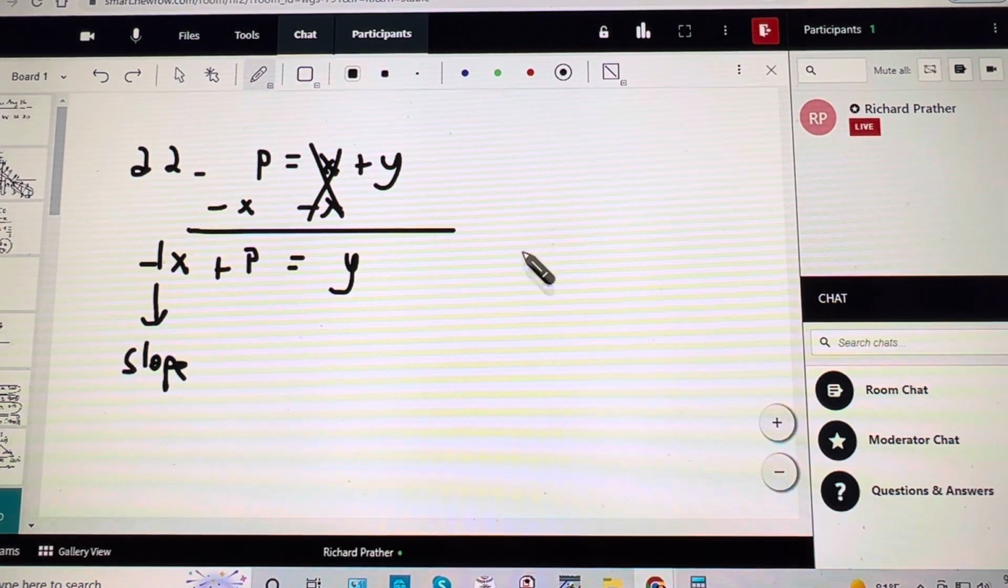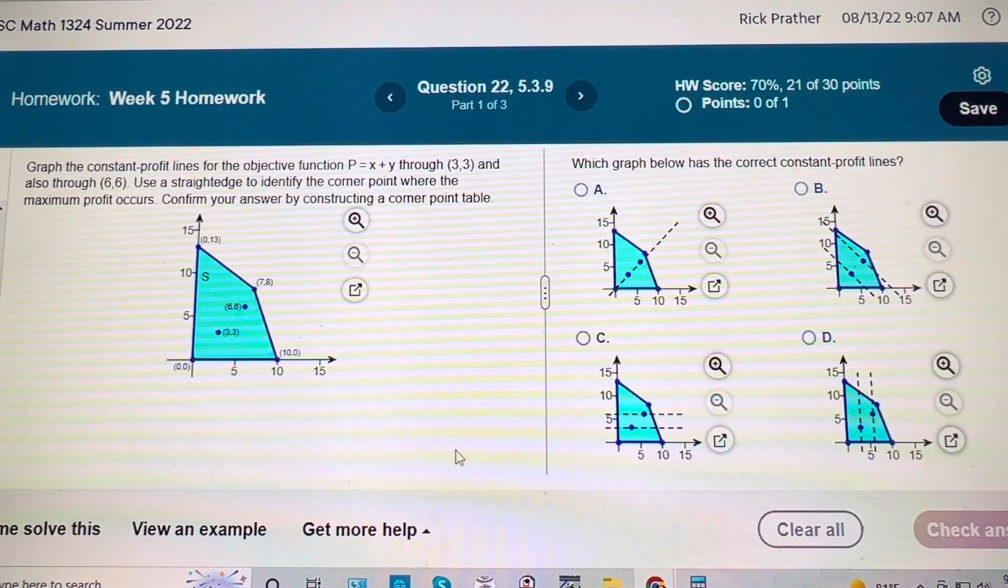A -1 slope is when you go down 1, right 1, down 1, right 1, like this. Okay, so that's the slope, and then it says do the objective function through 3, 3, and 6, 6. Use a straight edge. If you were doing it by hand, you'd need a straight edge, but if you go through a solution point like 3, 3 or 6, 6 with a -1 slope,